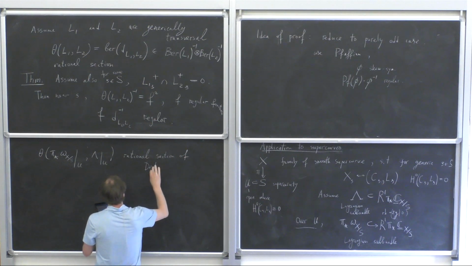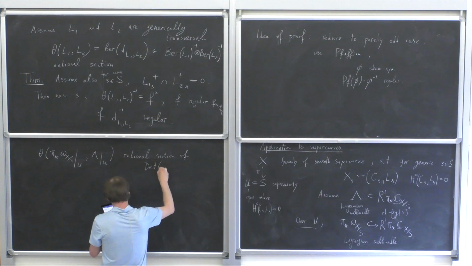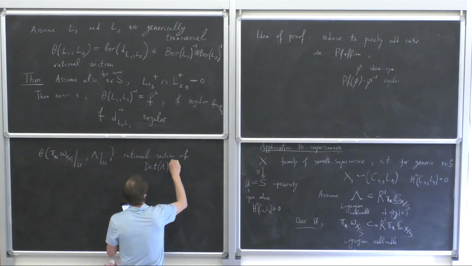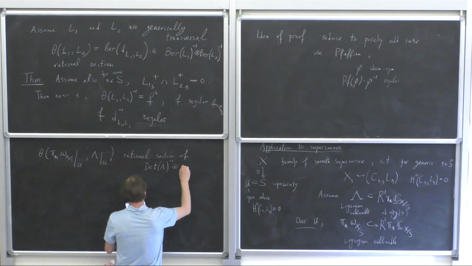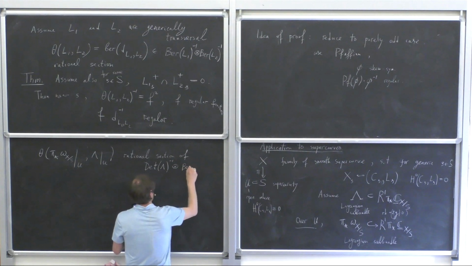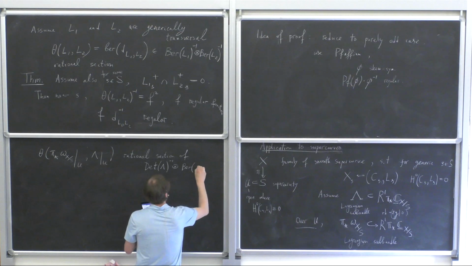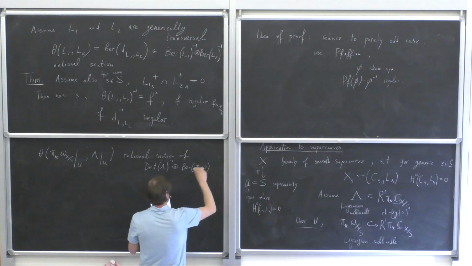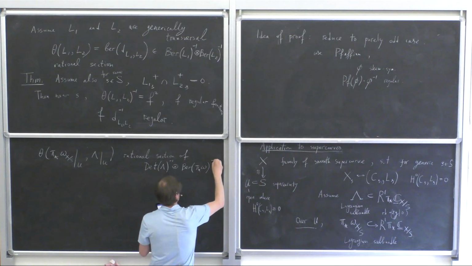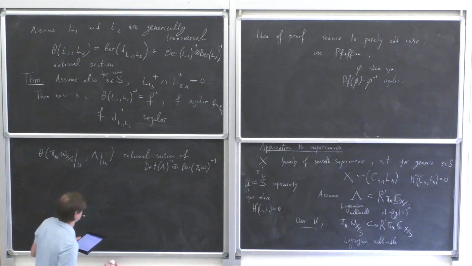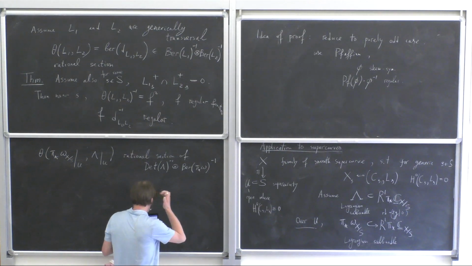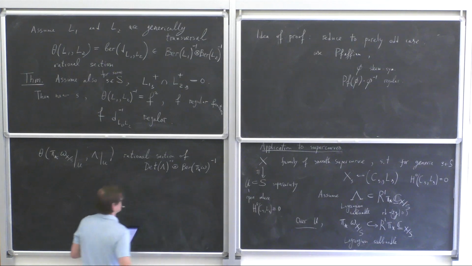I write determinant instead of Berezinian because lambda is purely even, and it's tensored with the Berezinian of pi star omega. So here I'll write the Berezinian because I will then promote it to a line bundle on the entire S, and there I will need to use